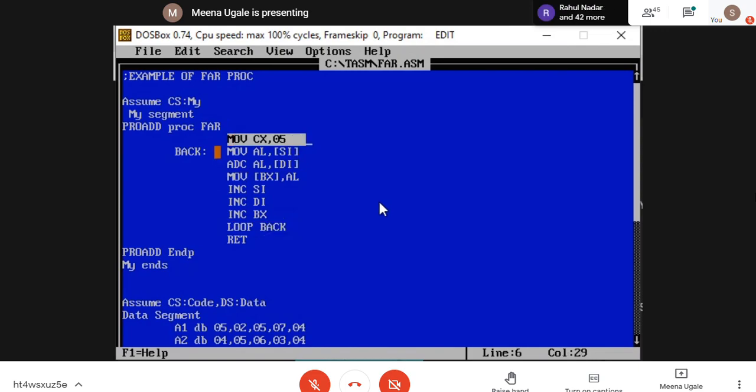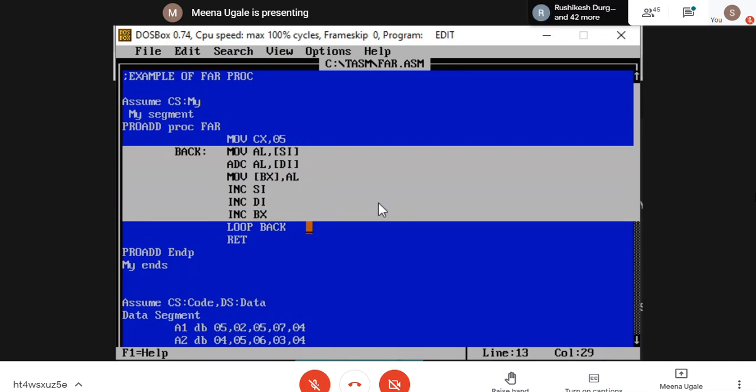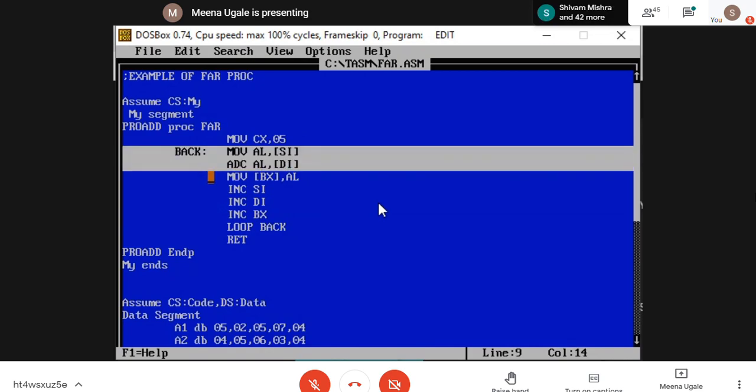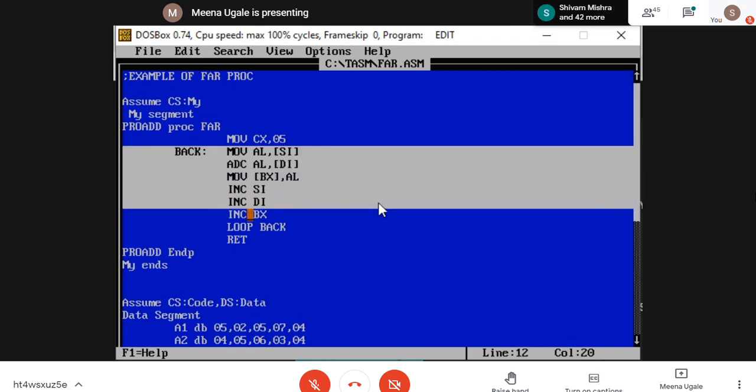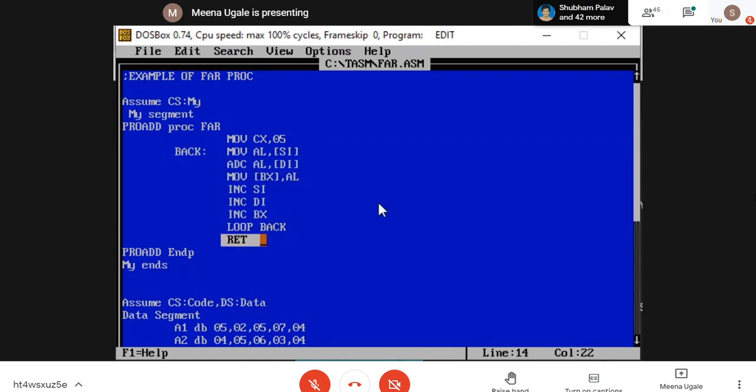तो for first group of instruction ये execute होने के बाद your count register CX is decremented by 1. It is still existing, so loop will go back to label back, where this back label is here. तो यहाँ से आपका ये पूरा group it will run for second time, then third time, then fourth time, then fifth time, and then it will exit.